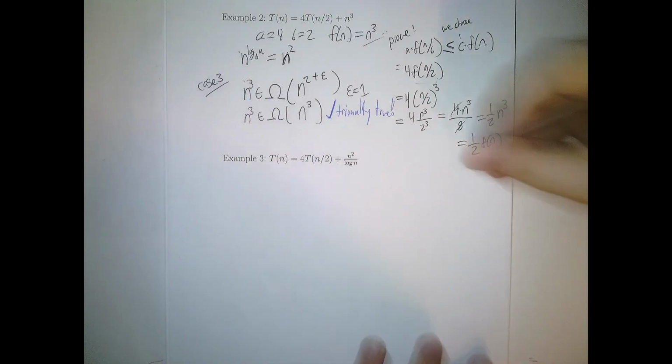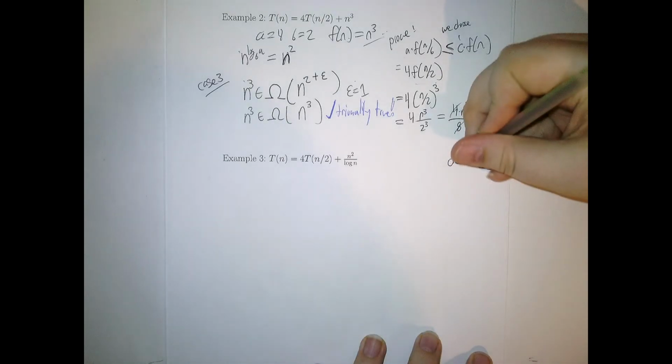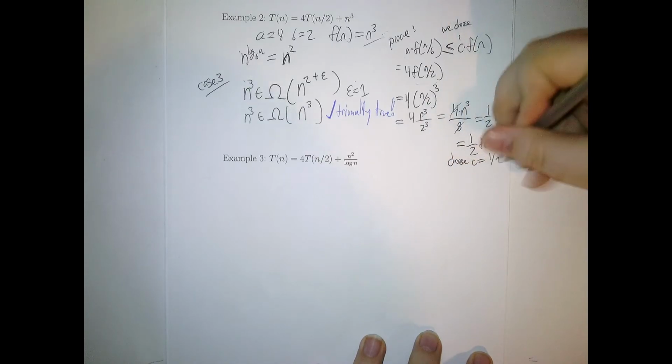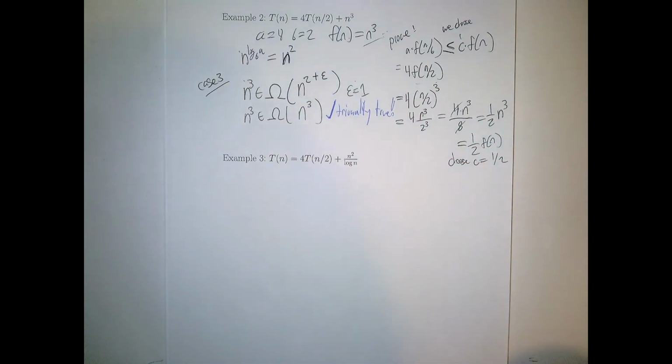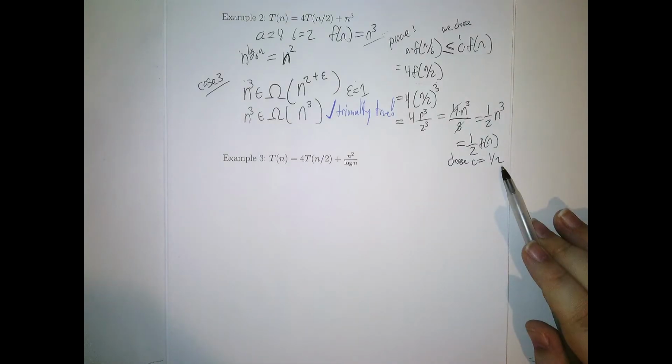We can choose c. We can choose c equal to 1/2. All right. That completes the proof. What this is saying is that f of n